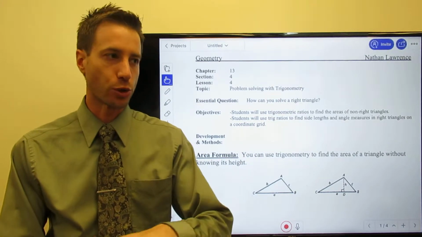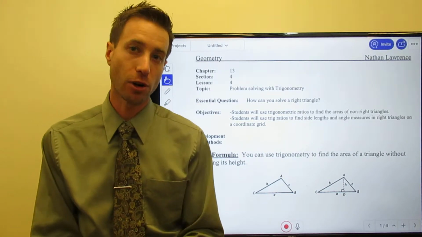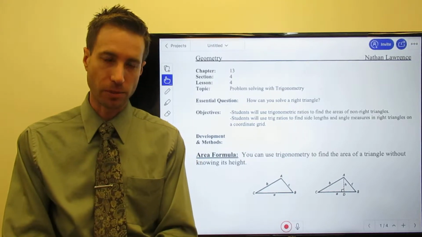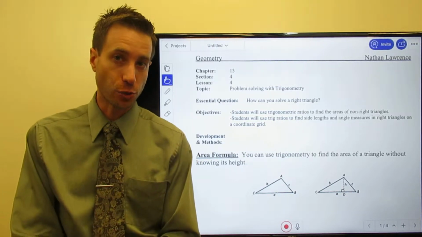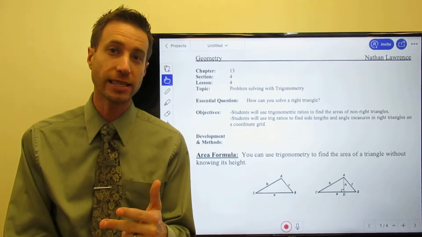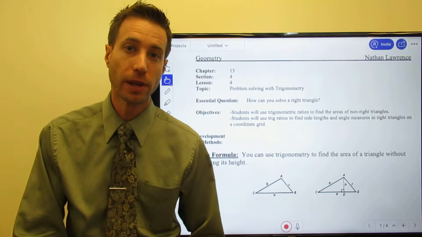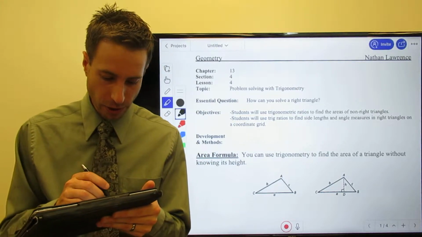What we're going to do here is we sort of wrap up this chapter on trigonometric functions, and we're going to take a look at solving some problems using the trig functions we've already looked at, sine, cosine, and tangent, as well as solving some area problems. So here we go. First, our essential question: